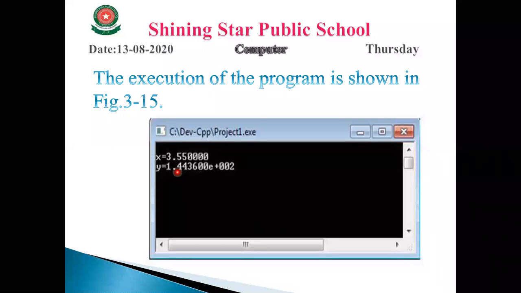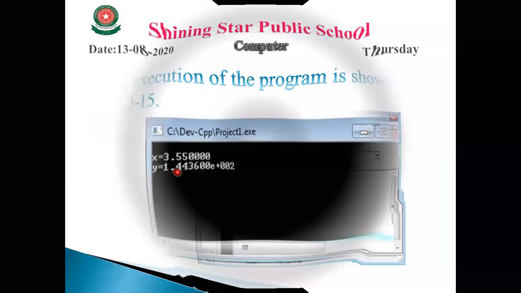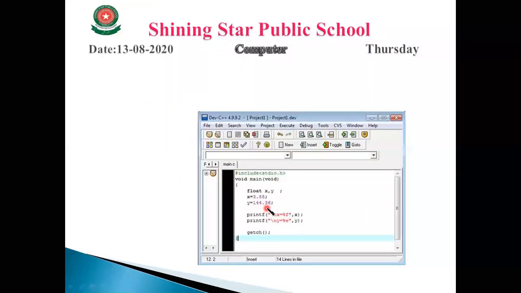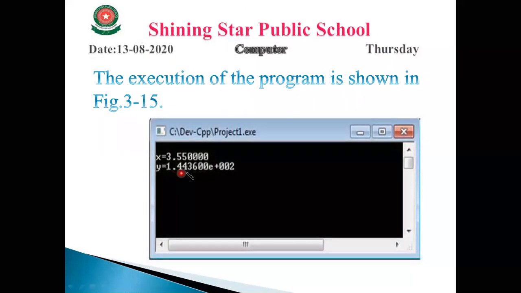Okay? Same. We have the value 144.36, but why does it display 1.4436? Because we know that in scientific notation, we have the point after 1 digit, and the digit is not equal to 0. And when we move the point from here to here, it becomes 10 to the power 2. But we write in exponential notation, so that's why we write e here. Exponential notation is represented with e. Okay, so e power 2, which is your required answer. Very simple.